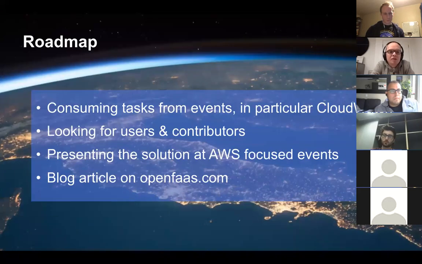So next on the roadmap, we're looking to move our cloud functions over to this solution. I've got a couple of remaining tasks to do before we can deploy that into production. One of those is consuming events from CloudWatch. We rely quite heavily on scheduling, and the way that we're going to solve this scheduling is to basically use CloudWatch to pop a message on an SQS queue and then have that trigger a function on the solution.